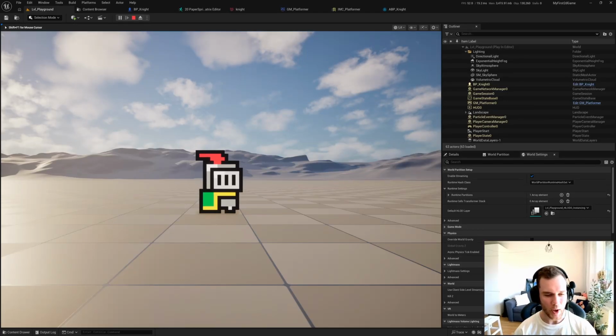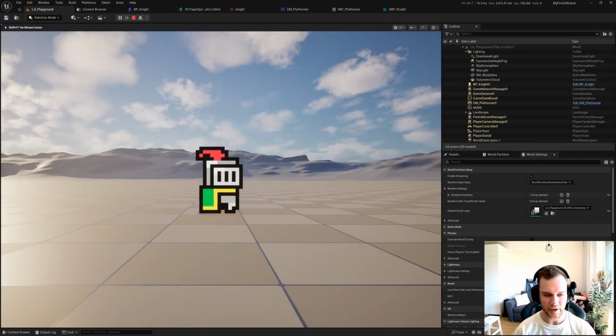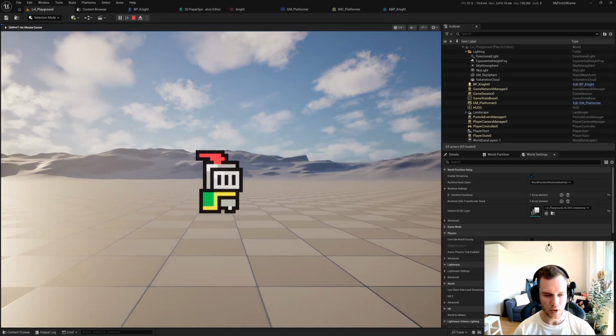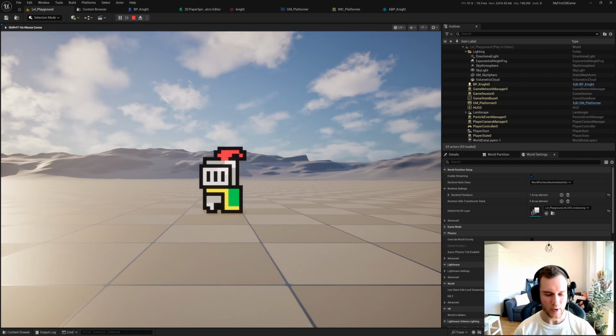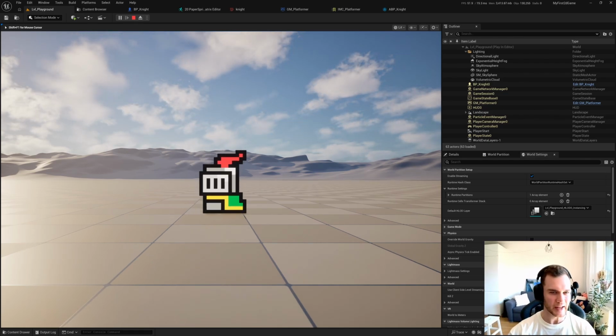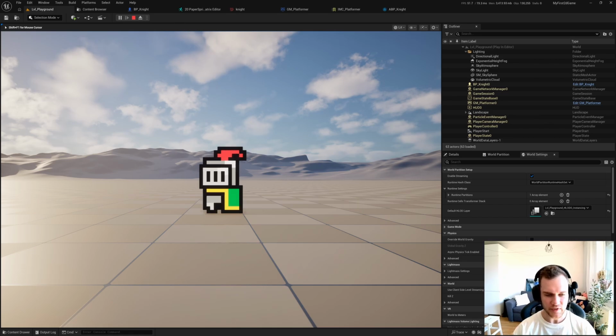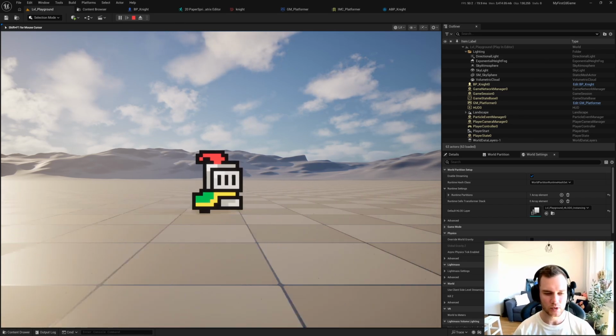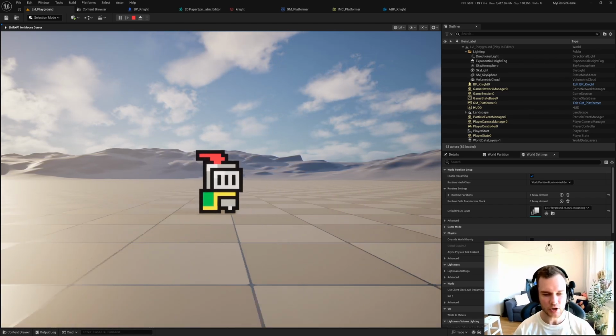In the previous video, you have fixed the issue where the character was not facing the direction in which it is running, so that is now implemented. However, the issue was that it was always playing the idle animation. In this video, however, you're going to have a look at how to wire up the animation blueprint so that